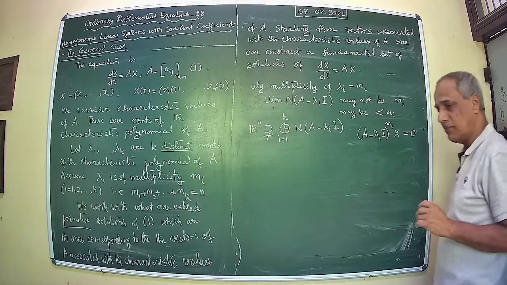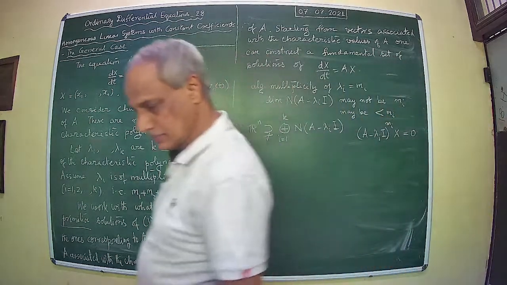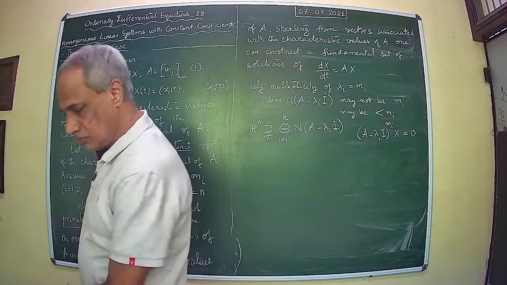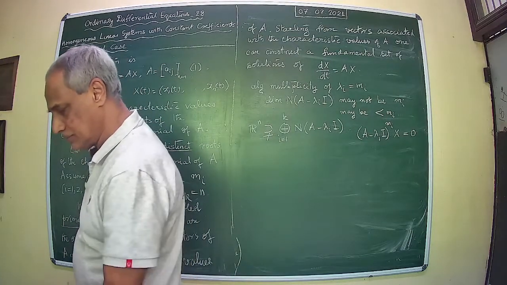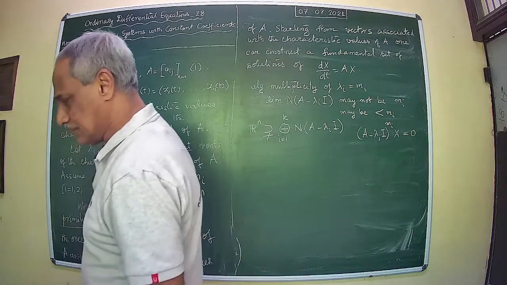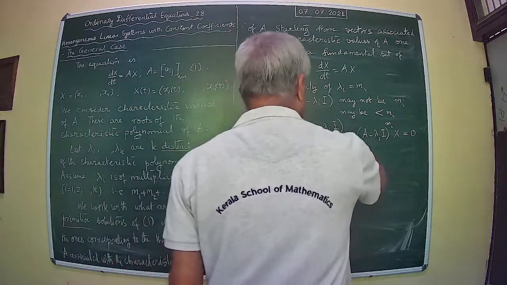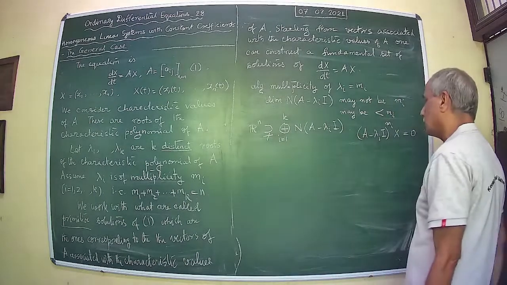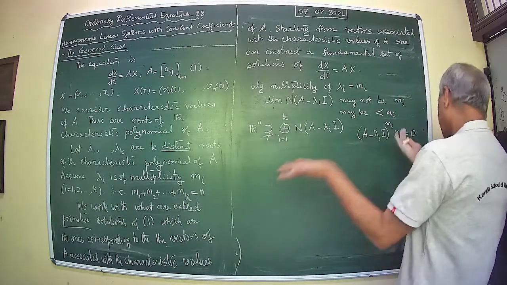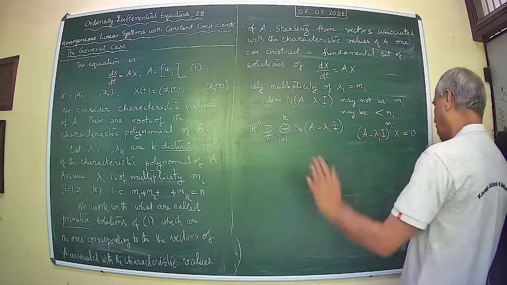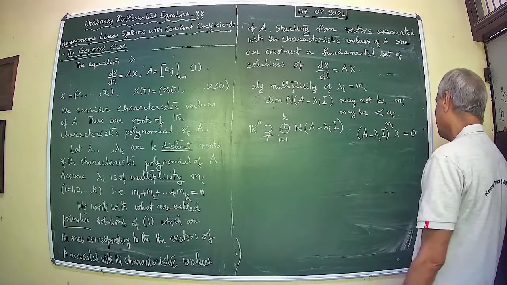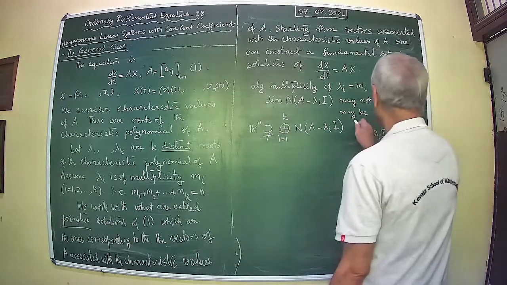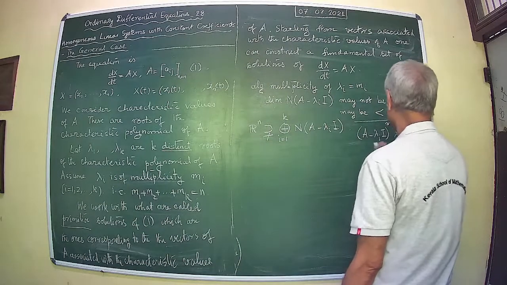Therefore, what we do is that you want to find out vectors which satisfy these equations, and they may not be of the form A minus lambda I x equal to 0. So there may be some vectors of that kind, but not all. Okay. But you can certainly get vectors of this class,